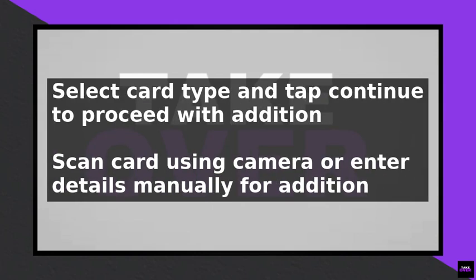You will then be prompted to scan your card using the camera on your device. Or you can choose to enter the card details manually. If you choose to scan your card, place the card on a flat surface and align it within the frame on your screen. The app will then automatically detect the card details. Alternatively, if you choose to enter the card details manually, you will need to enter the card number, expiration date,